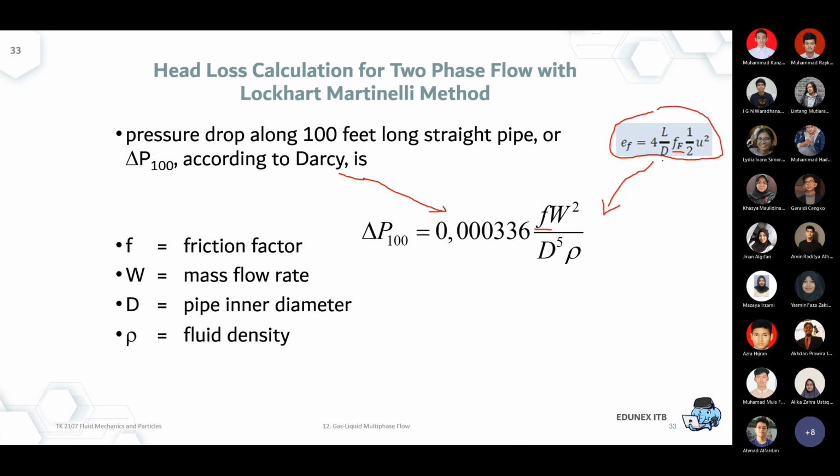And then you have the diameter, but the difference here is that for a Fanning or a Moody, usually it's expressed as a square of the linear velocity in meter per second. But now Darcy proposed to calculate in kilogram per second. So W is a mass flow rate, in kilogram per second. So it's just a matter of conversion from meter per second to kilogram per second.